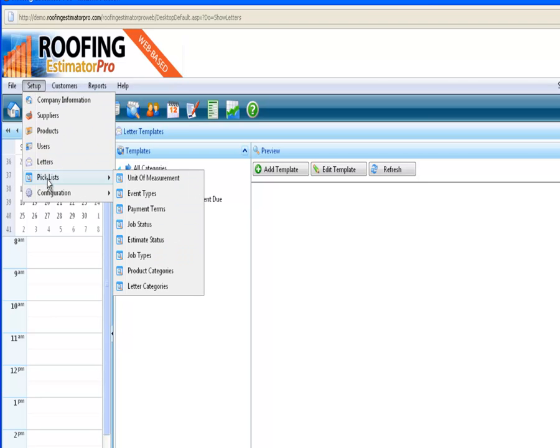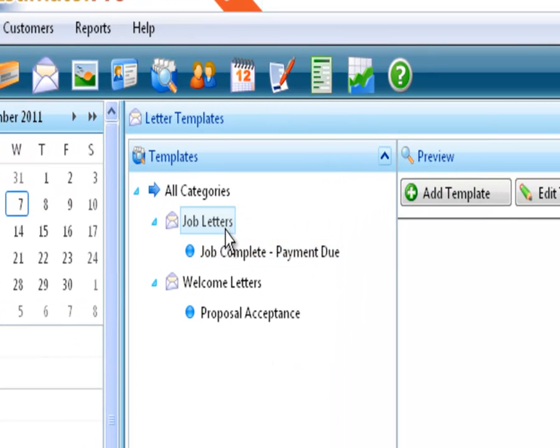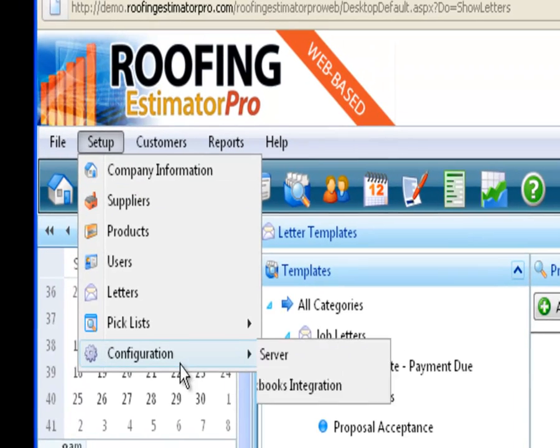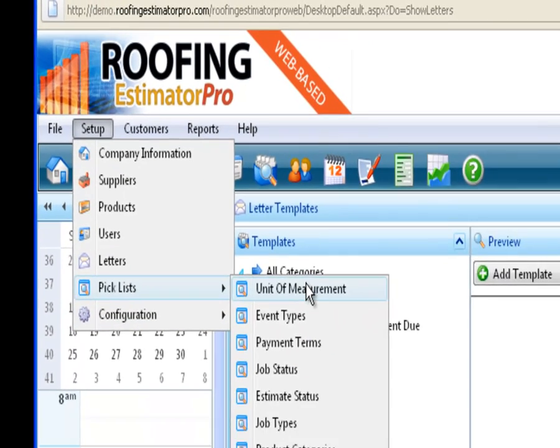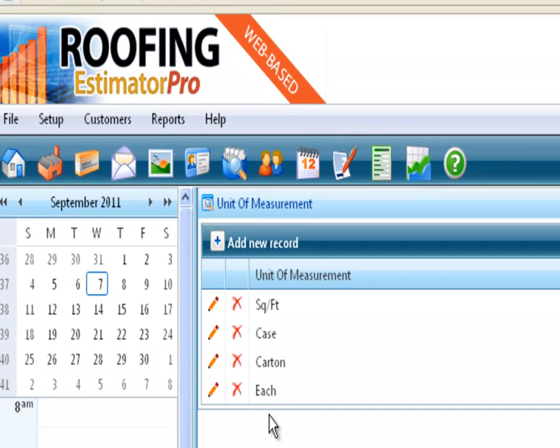That's more of a generic type, embedded templates that you can use for creating proposal acceptance and past due payments. All these can be set up, and I'm going to show you more on that when we get into the customers. Now the pick list, unit of measurements, this is for cases of square footage, any products that you use,